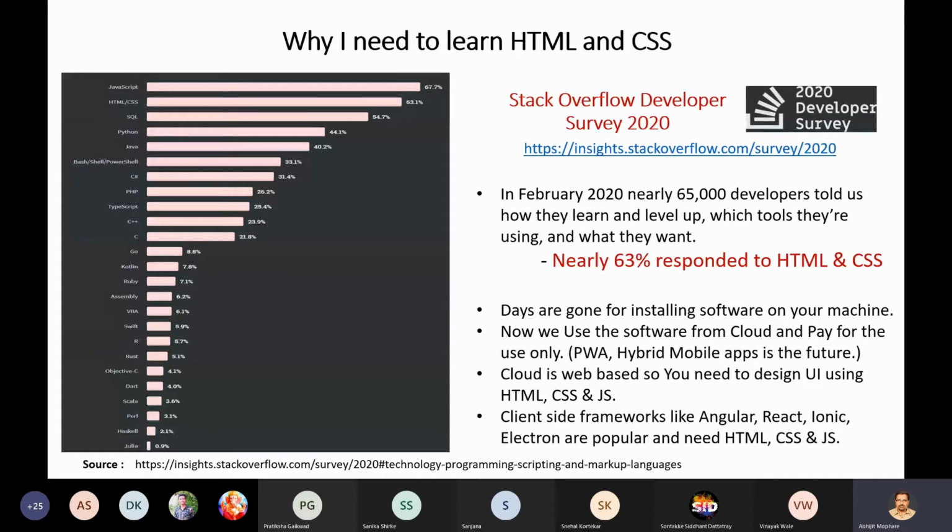These three kinds of service are what the cloud normally offers, and for all of them, the front end or the user interface that you will see is web based. And if you are using any web based front end, then obviously the technology behind it is HTML and CSS.